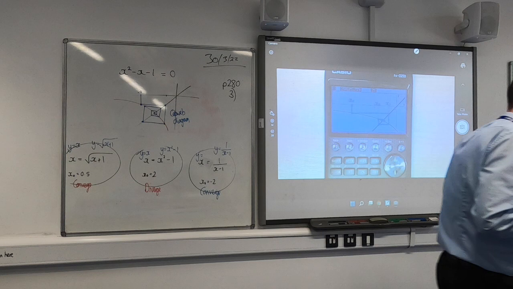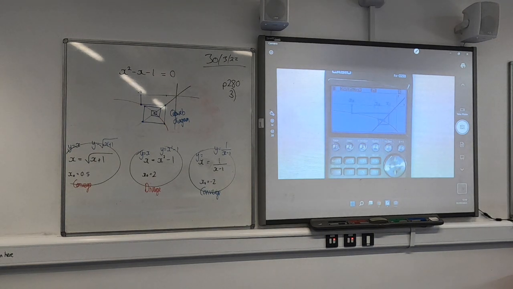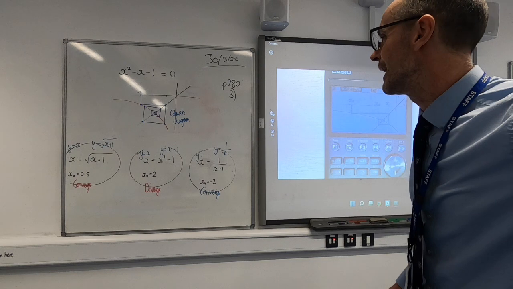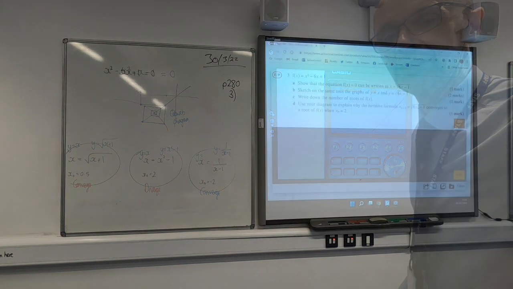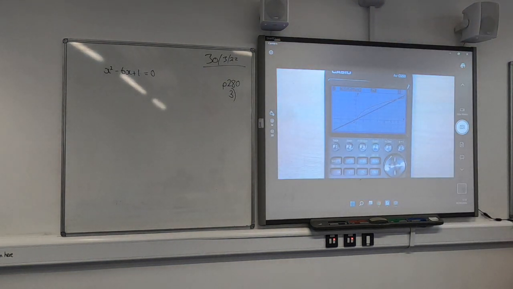Page 280, question 3, gives you an example to try for yourself. So at this point, I'll shut up. I might even pause the video. Here we go. So we have lots of dead space. And see if you can have a go at that question. Thing to note is we're asked about the number of